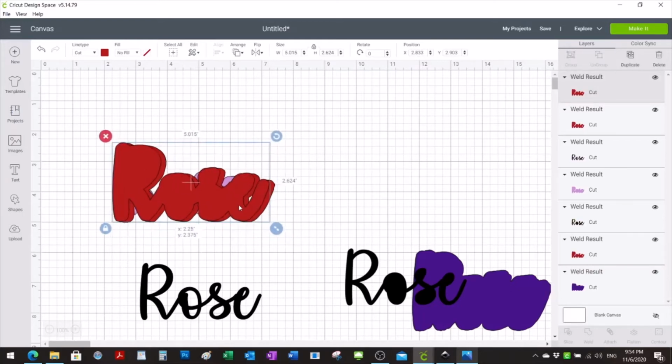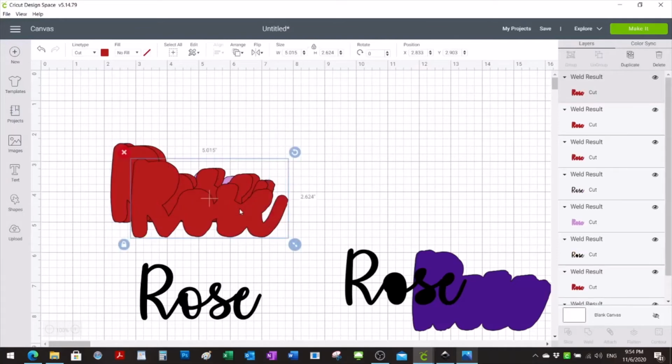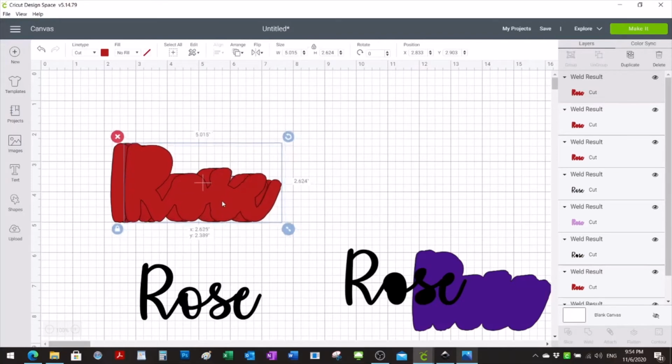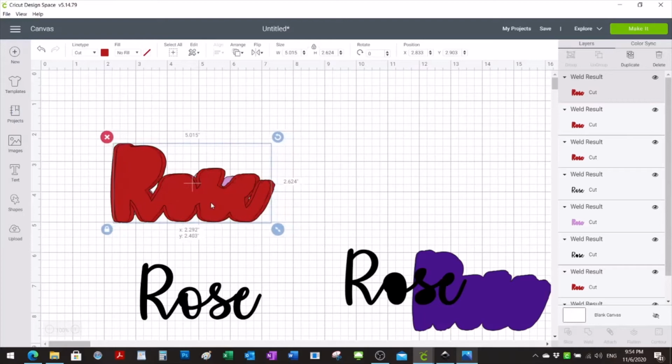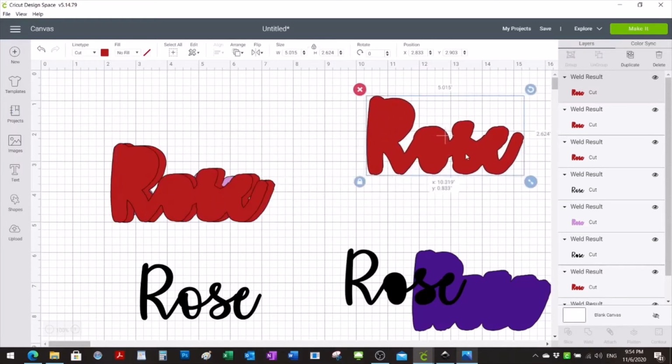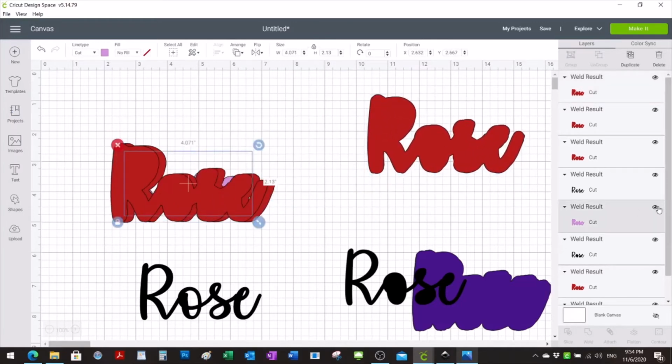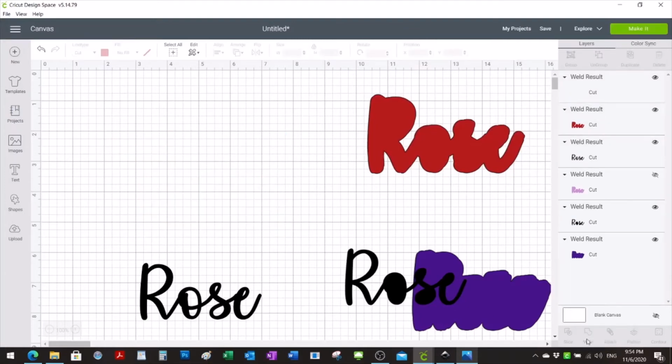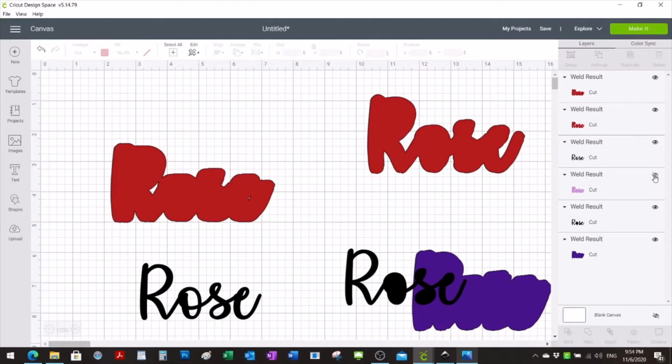If we need to cover that purple section that we are seeing right now, I definitely have to kind of move back and forth here until I get that result. This may not be the best choice, and you will see in a minute why. So it seems like below I have it covered, so let's just leave those for now, and I'm gonna hide again my first layer. So now I'm gonna select this area, and I'm gonna hit Weld,